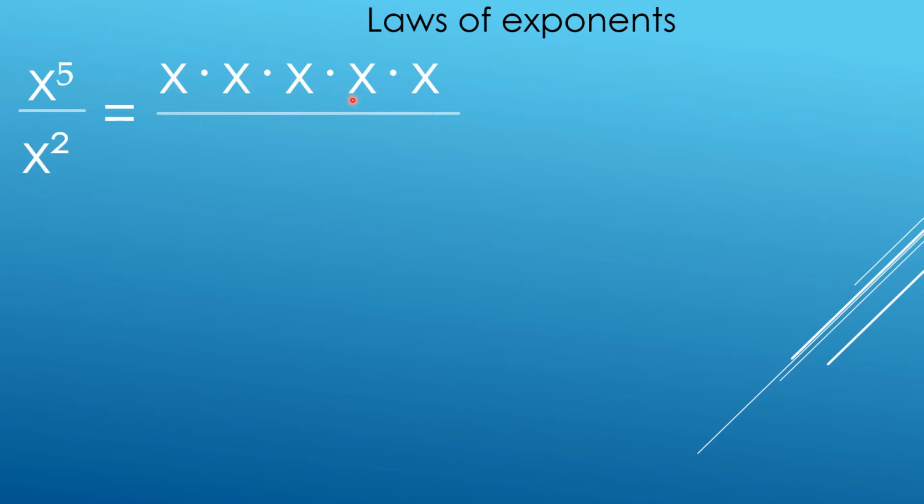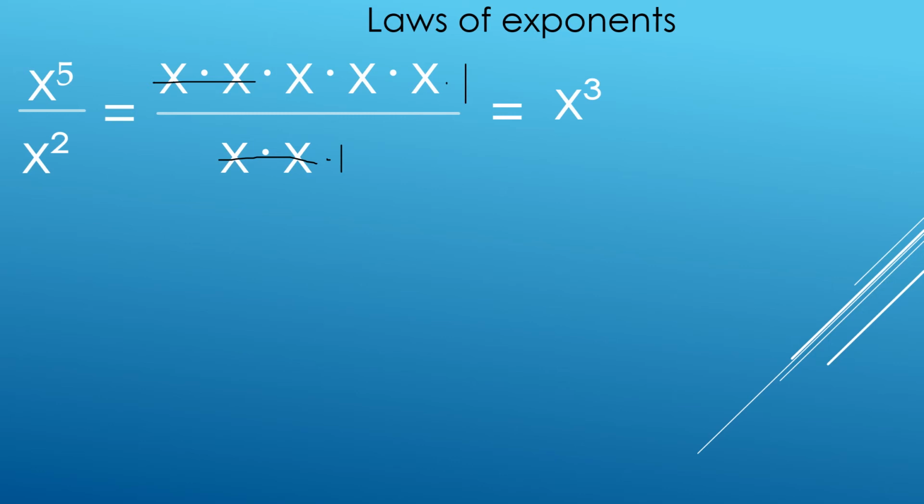And divided by the denominator, that is x squared, which means x times x. So now, we can cancel these two. So what we have left, now in the numerator, understood there is 1. There is always a factor of 1 in each part here. So that is x times x times x, or x cubed divided by 1,